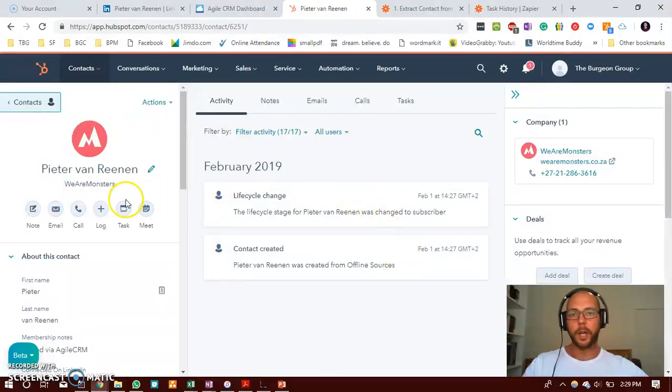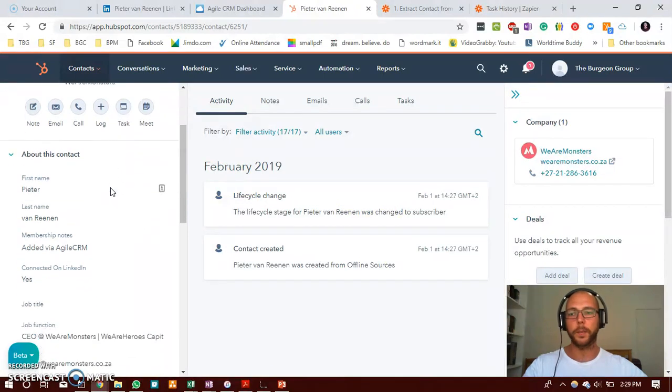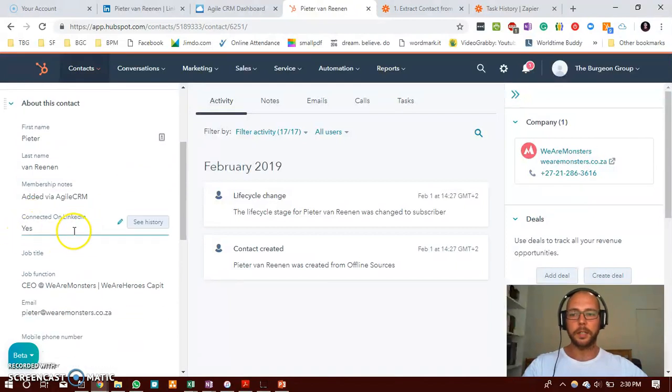Very important in your HubSpot CRM account is how, in my case, I have set it up in order to know where the contacts are coming from. In HubSpot, I created a field in the membership notes, so that I know that the contact has been extracted to add via AgileCRM. This helps me not to communicate or spam my LinkedIn connections' email accounts,